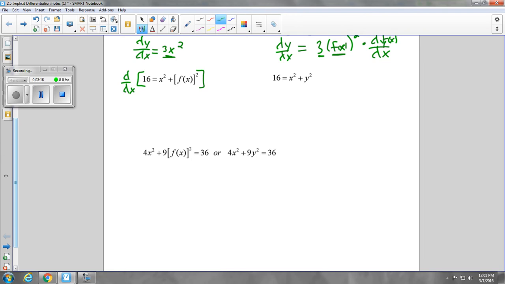So the way we do that is we're going to take the derivative, d/dx of the entire thing. That means taking the derivative of 16, which is 0. So we can just start filling this in. The derivative of 16 is 0, equals 2x plus 2 f of x. And I'm going to draw the middle step too, so we don't get lost here. So this is going to be d/dx of 16 is equal to, and now